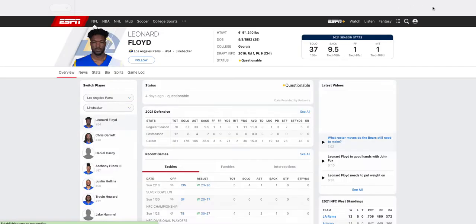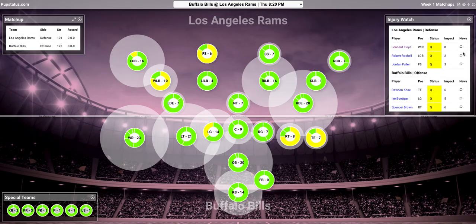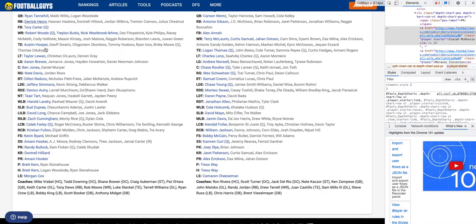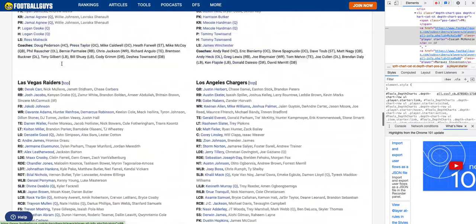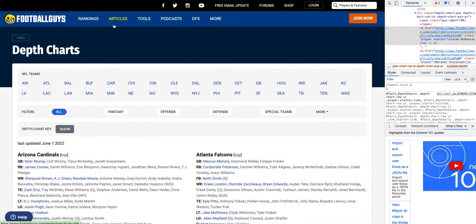This takes you to their actual ESPN page with more stats. They all have 3 or 4 sites I generally pull from. I get my lineup information from Football Guys. They seem to be very up to date and have some awesome stats. I recommend checking out their site.